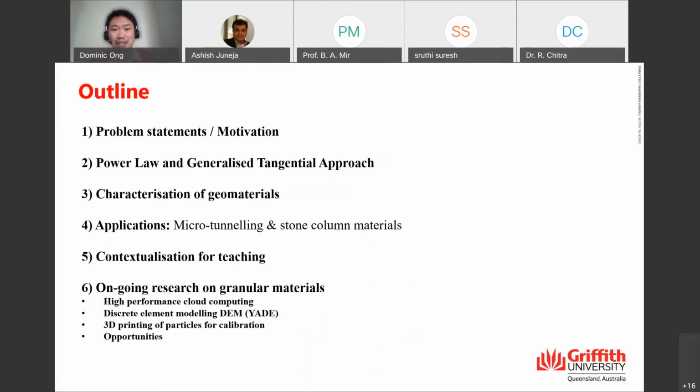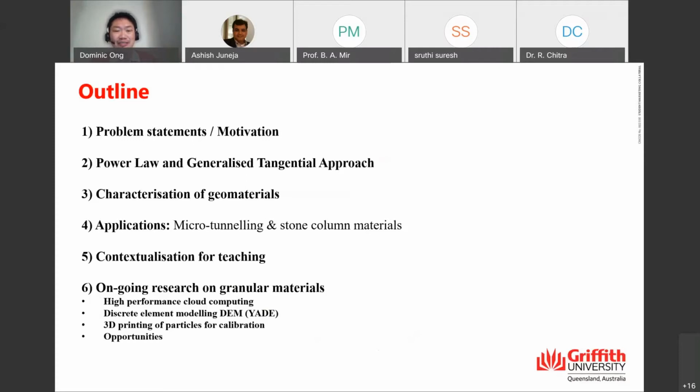So that we learn from what we have actually done through the project, you would be able to apply it to some other new projects or to some new knowledge that's related to granular geomaterial. I've also contextualized some of these materials for teaching because we're in the uni, and then some of these materials